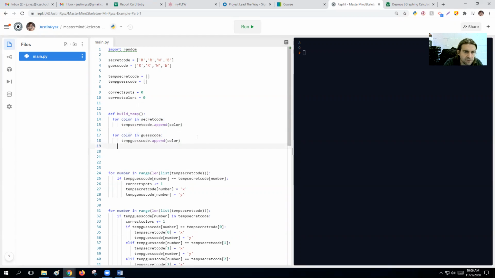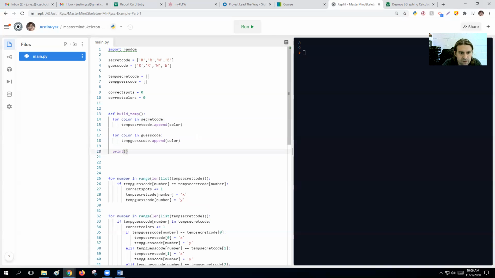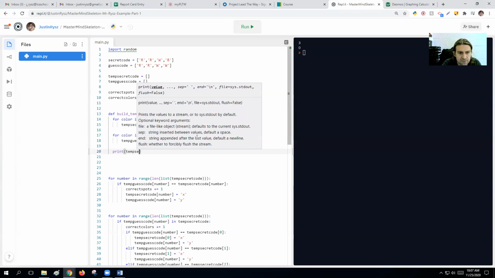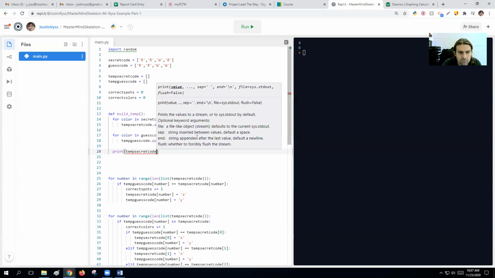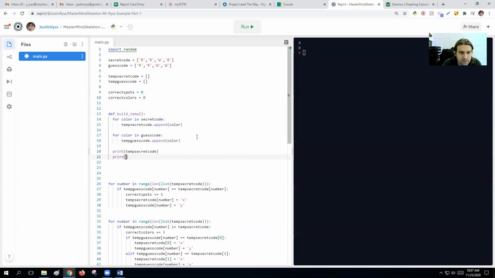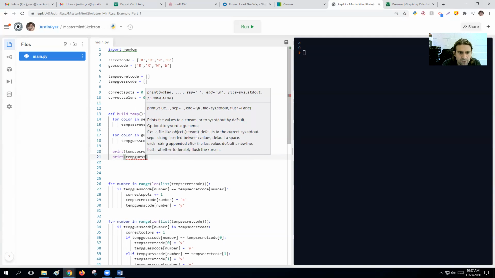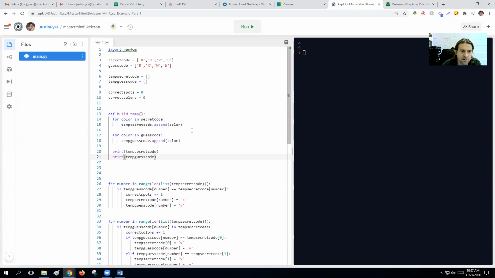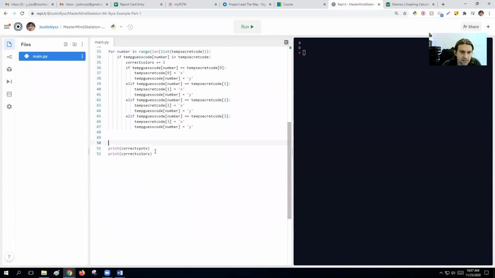And let's just at the end here say print temp secret code, print temp guess code. So all we're going to do now here at the end is just run the function